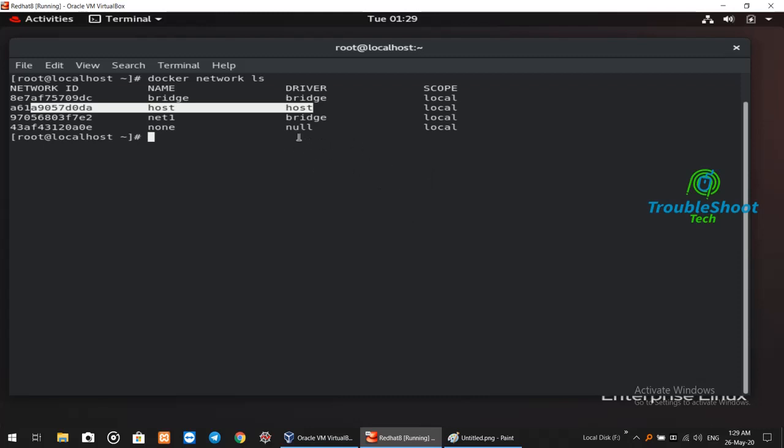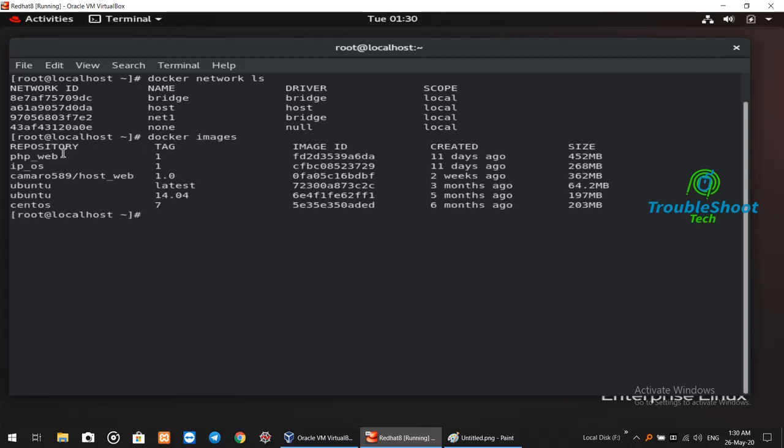patting part. So how you can use or access your containers from the outside world, maybe from my base system's Chrome, or maybe from my mobile phone. We'll be discussing a use case where we'll launch a web server. You know how to do that. We have also created the image of PHP web, so we're going to use the same image because this image has